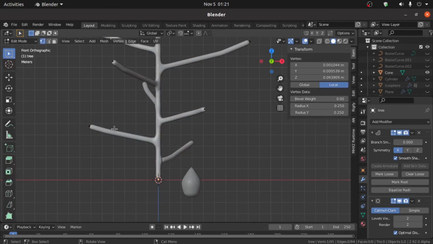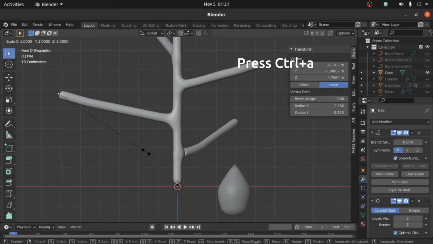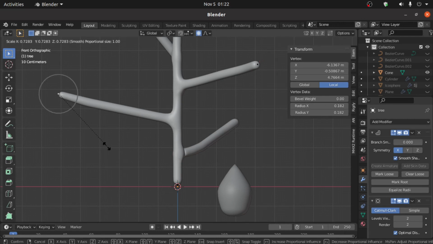So switch to edit mode, then select any vertex. If you want to increase or decrease its radius, simply press Ctrl A and you can increase and decrease its radius. Also enable this proportional editing mode. Okay, now press Ctrl A and you can play with its radius.